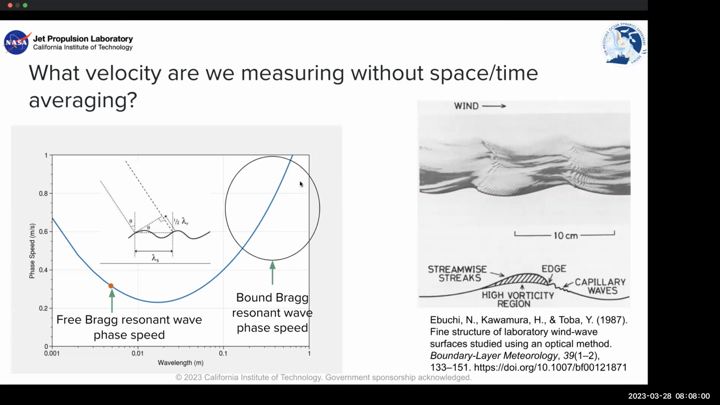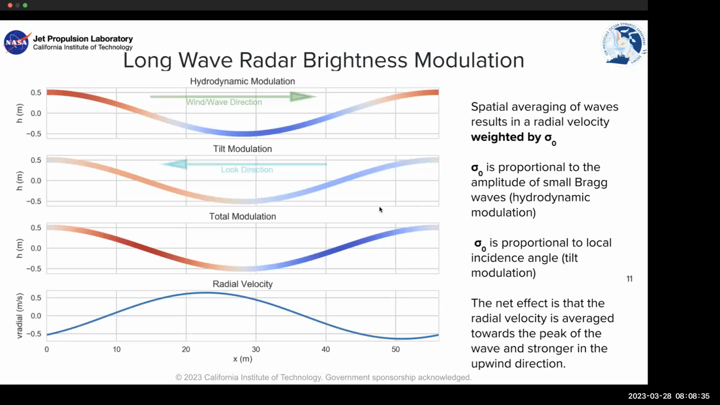And if you look at the phase speed of those waves, it's much larger than the phase speed of the free Bragg resonant wave. It's been known for a while that these bound capillary waves are pervasive in the ocean. They've been observed using optical polarimeters and dispersion relationships. They've also been part of the wind geophysical model function models lately. So we know they're going to play a role. In addition to that, as these waves ride on top of the bigger waves, the